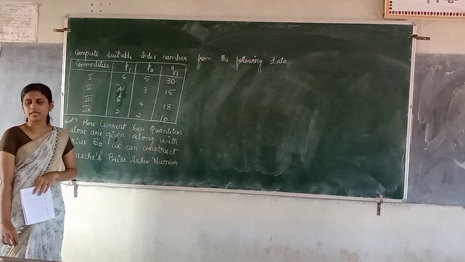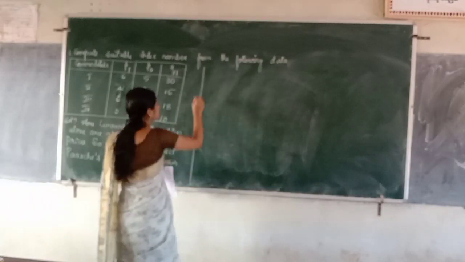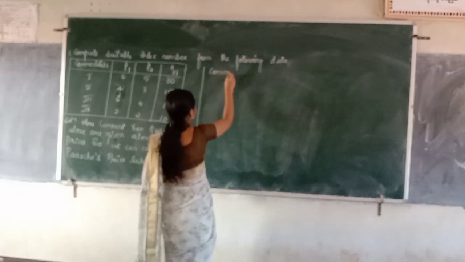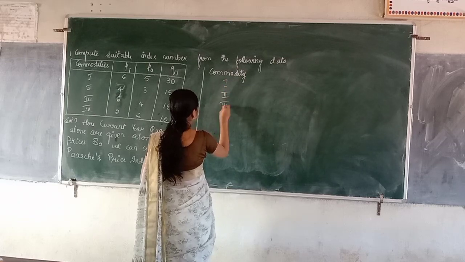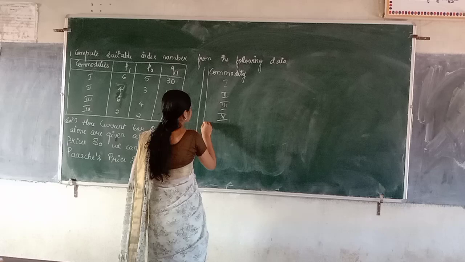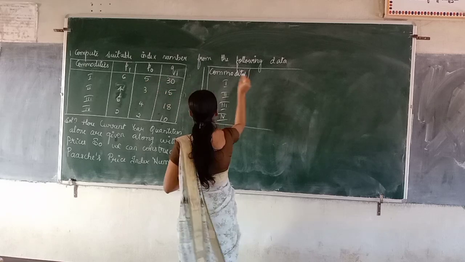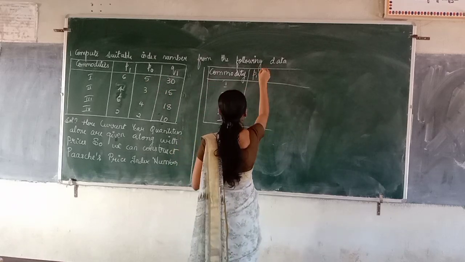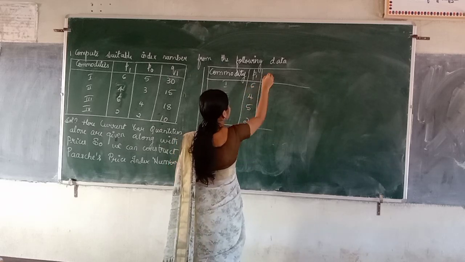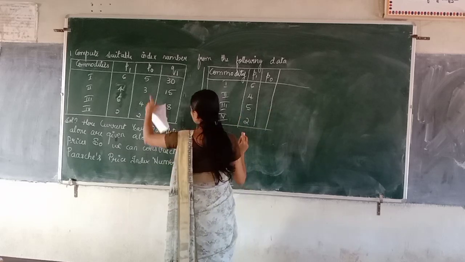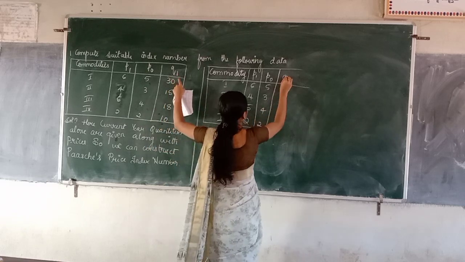So now for calculating Paasche's price index number in the solution, again we are going to draw the table once again. So the first column is commodity, that is 1, 2, 3 and 4. Next column is P1. So P1 values are 6, 4, 5 and 2. Next we are provided with the prices of base year 5, 3, 4 and 2. Next quantities of current year.